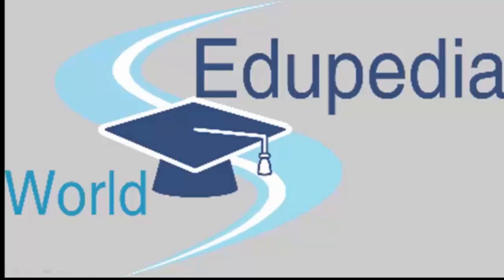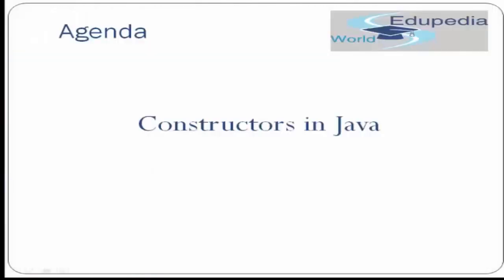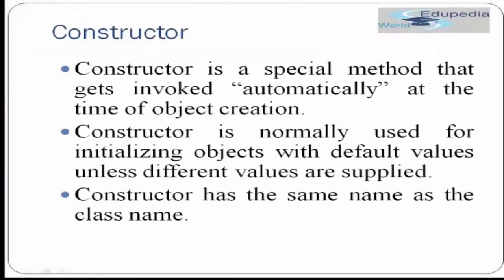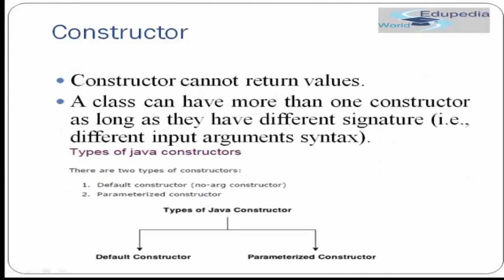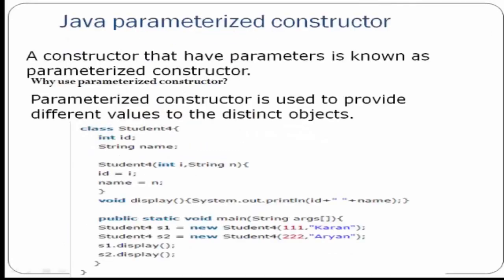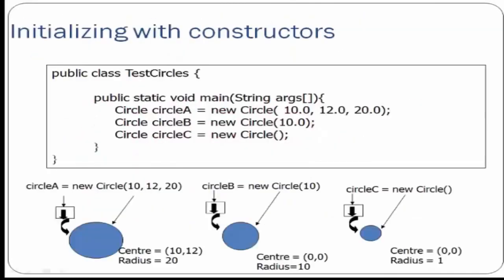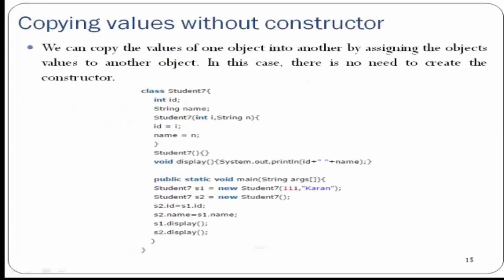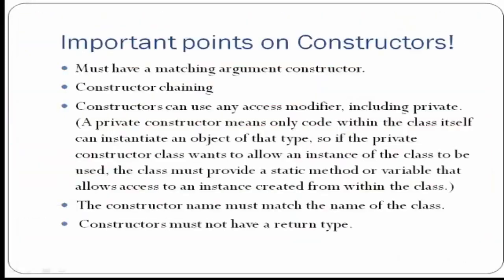In this tutorial, we were covering constructors in Java. So far, we have covered what constructors are, the types of constructors, and parameterized constructors. We have already seen some examples of initializing the constructor. We have read about copy constructors and we have also seen the difference between constructor and method. From this tutorial, we'll start looking at some of the really important points on constructors.